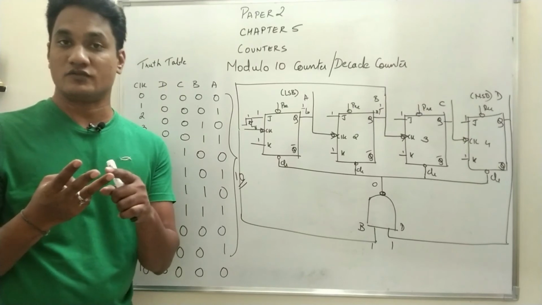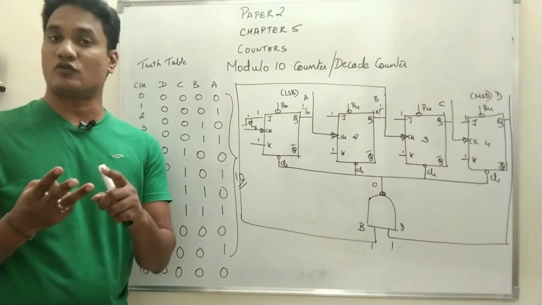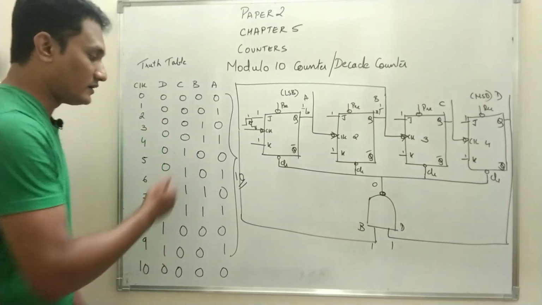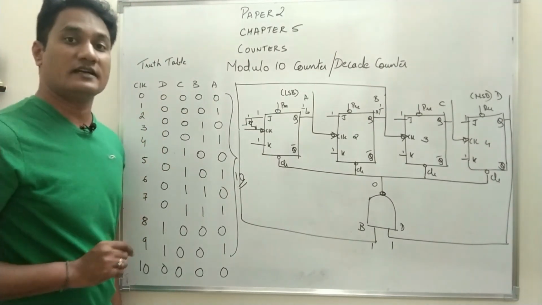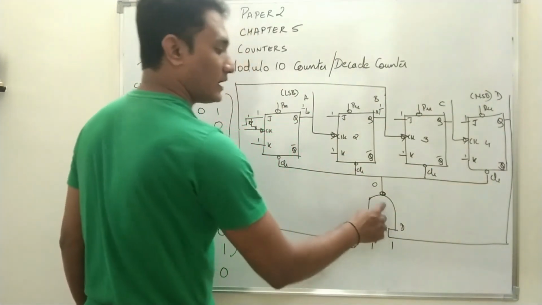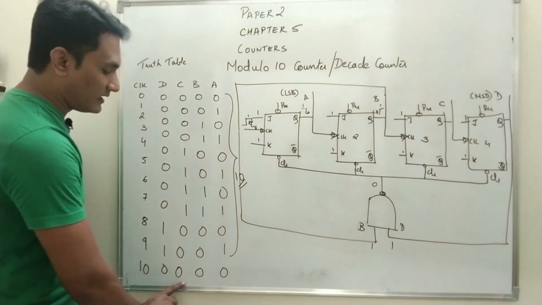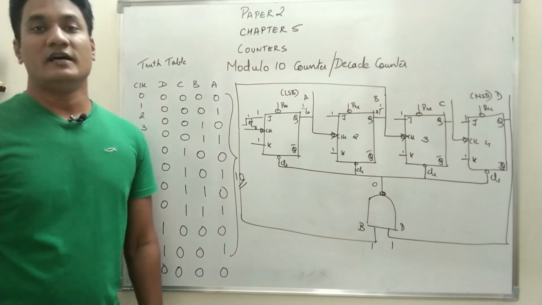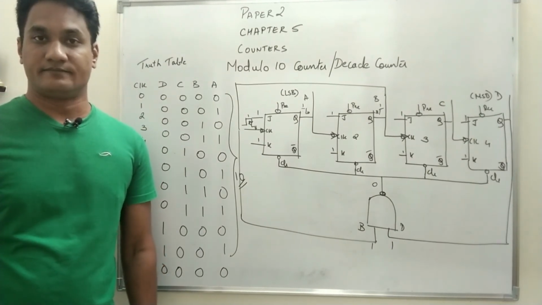Of course, it will count from 0 to, in case of a modulo 10 counter, it is counting from 0 to 9, and at the 10th clock pulse it will reset. So you write all the possible conditions, and then check at the 10th condition which variables are 1, connect those variables to the input of the NAND gate, output of the NAND gate connected to clear terminal of all the flip-flops, and exactly at the 10th clock pulse the circuit will reset. So total number of count will become 10. So this is how a modulo counter is designed.